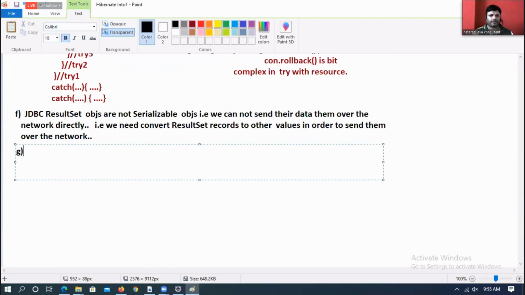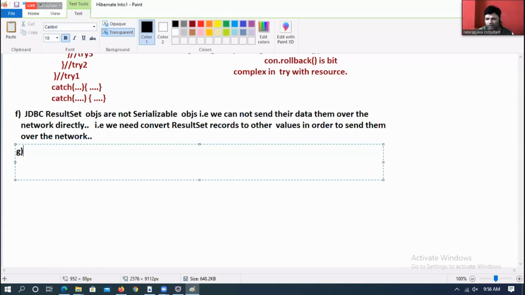Now listen. Serializable, serialization, all are one and the same, boss. The process of converting object data into bits and bytes is called serialization. If object data is converted into bits and bytes, then only we can send it over the network or write it to a file.